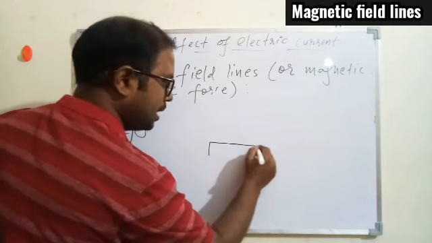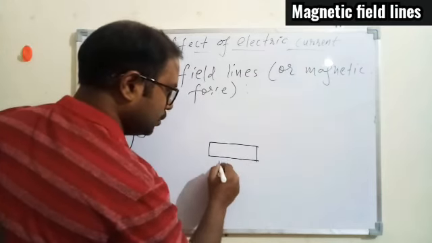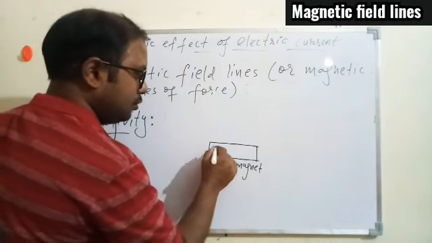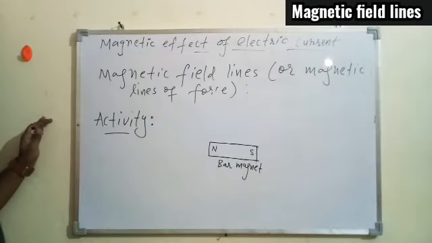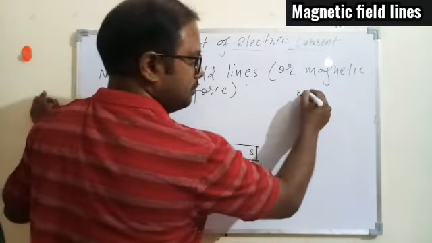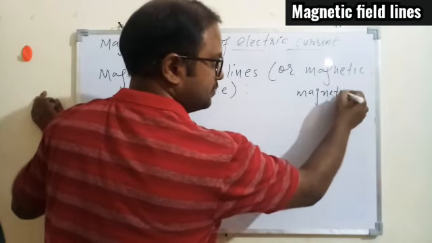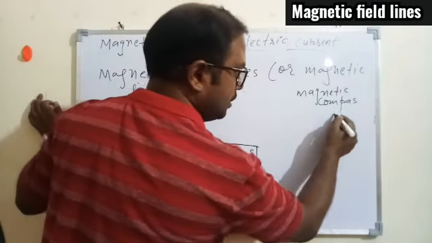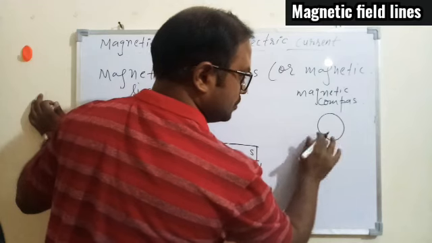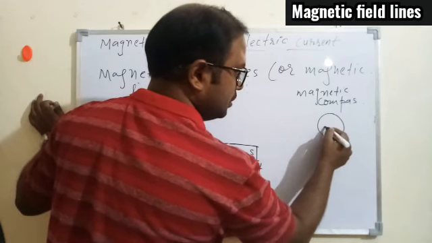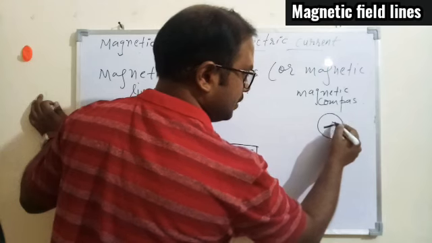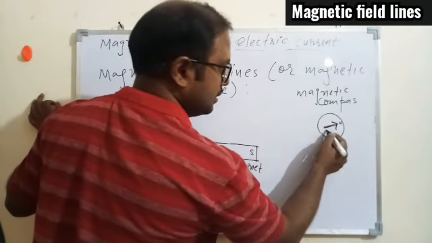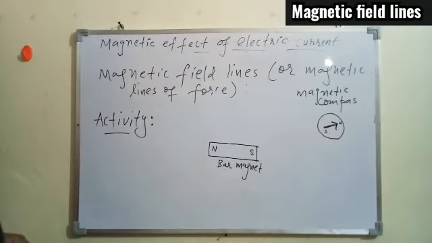So we'll start with the bar magnet. So what you do, you take a bar magnet at home, if you can get it. It will have a north and a south pole, okay? And now one thing you know, that is magnetic compass. So magnetic compass you have already seen, that is having a shape like a circle, a box within which we have the needle, and you know this needle is having head north and tail south. That is how magnetic compass look like, okay?